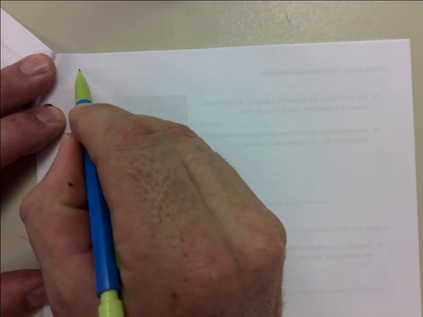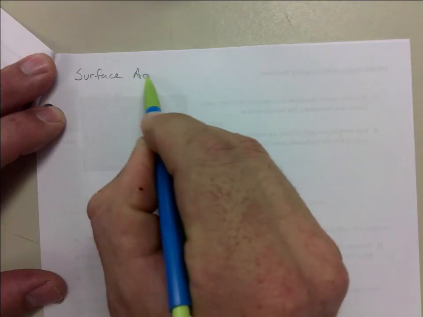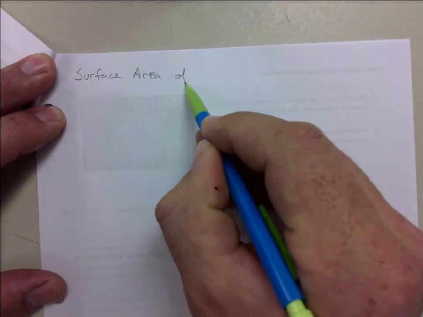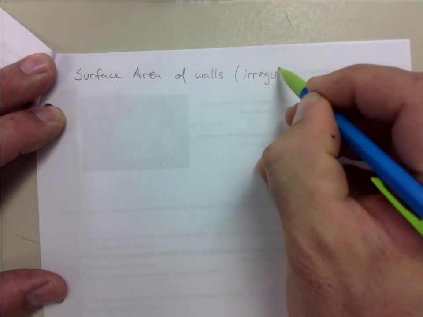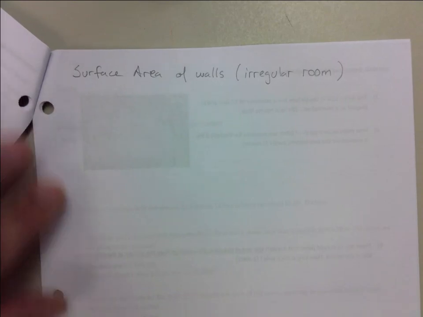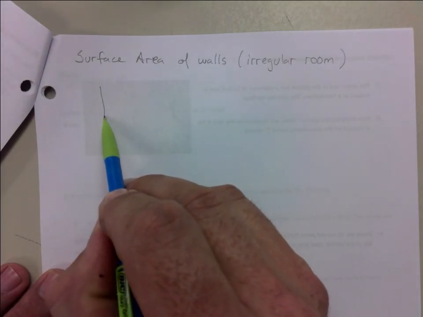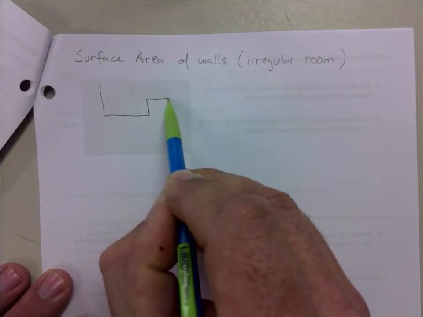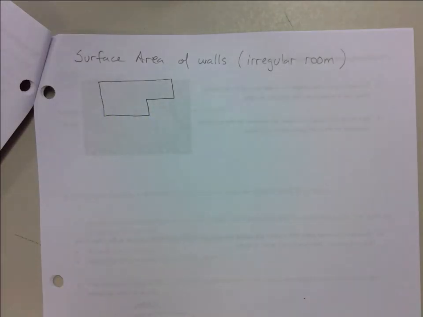I will say this. Surface area of walls when it comes to an irregular room. What do I mean by that? It just means when you have a room that looks like that, for example. It has like a cutout. It's not a perfect rectangle. When you have one of those,